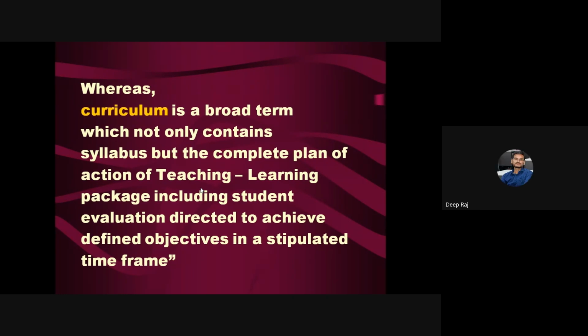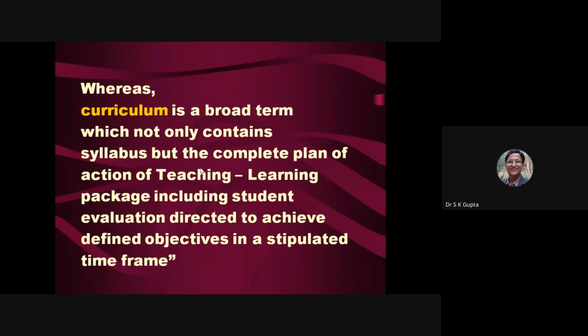अच्छा नहीं, मुझे लग रहा था सर ये करिकुलम सिर्फ लिस्ट ऑफ कोर्सेज है, मींस नेम ऑफ द कोर्सेज। No, no, no, sir. It is a broad term which not only contains syllabus but the complete plan of action of teaching. ठीक है सर, कंप्लीट प्लान ऑफ एक्शन ऑफ टीचिंग।